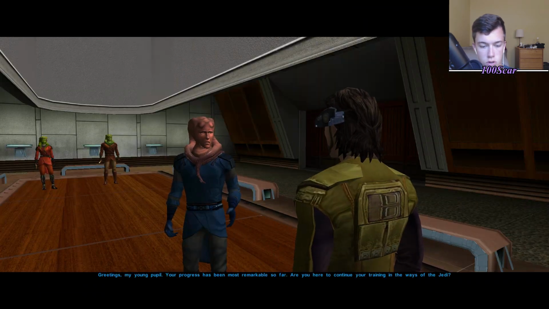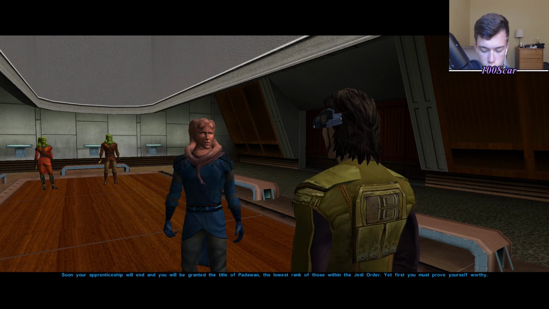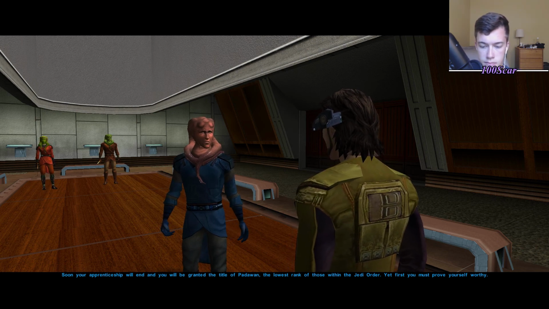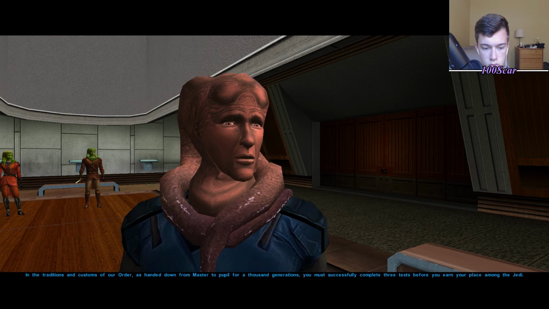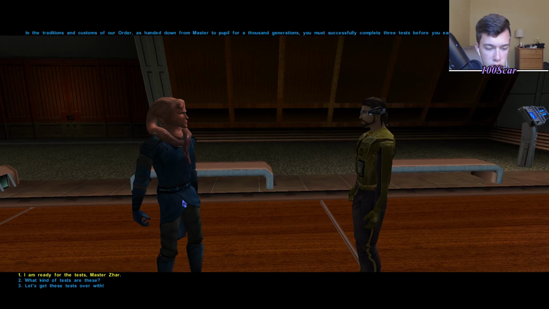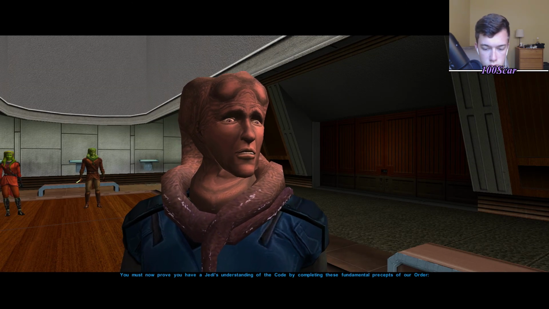Master Jar. Greetings, my young pupil. I'm ready to continue my training. Soon your apprenticeship will end, and you will be granted the title of Padawan, the lowest rank of those within the Jedi Order. Yet first you must prove yourself worthy in the traditions and customs of our order, as handed down from master to pupil for 1,000... Yes, I know. I'm ready. These tests. First, you must now prove you have a...